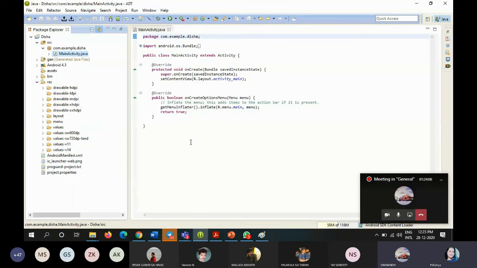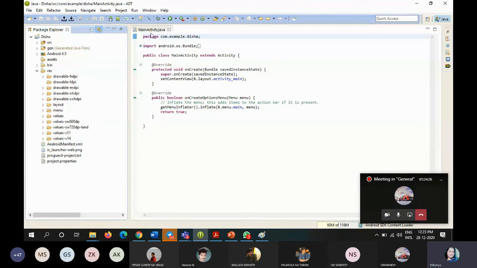Can anybody tell me, without an XML file, can we create any graphical user interface within the Eclipse platform? No, ma'am, definitely no. Okay, but here unfortunately I have closed the XML file, and I don't know where it is located. As a fresher, we don't know where it is located, right? See, if you unfortunately closed the XML file, no need to worry about that.